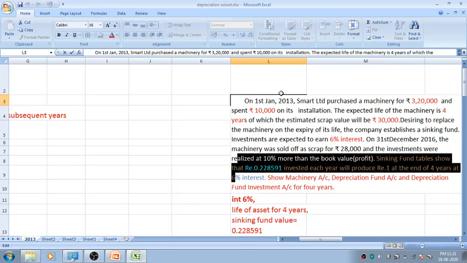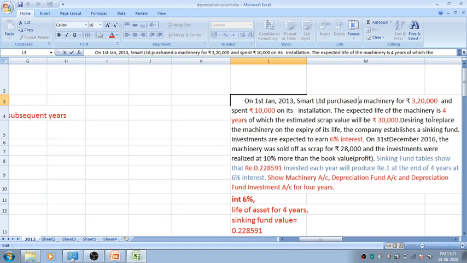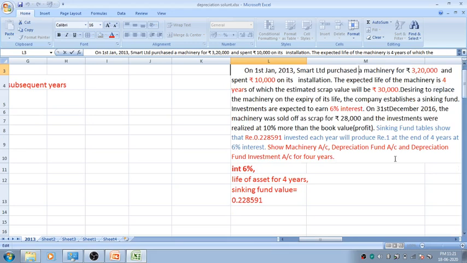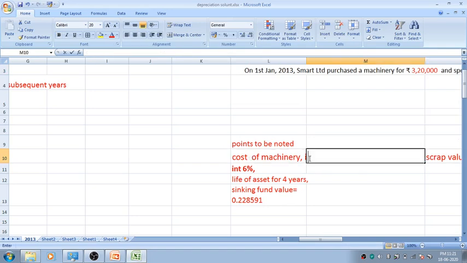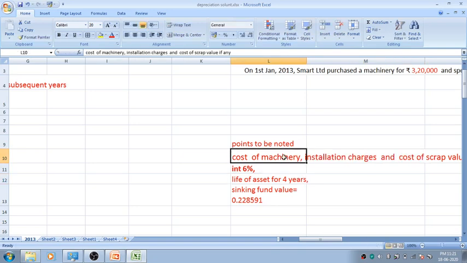In the problem, we have noted that interest is 6%, cost of the machinery is 3,20,000, installation charges is 10,000, scrap value is rupees 30,000, life of the asset is 4 years, and the sinking fund value is 0.228591. With this information noted,